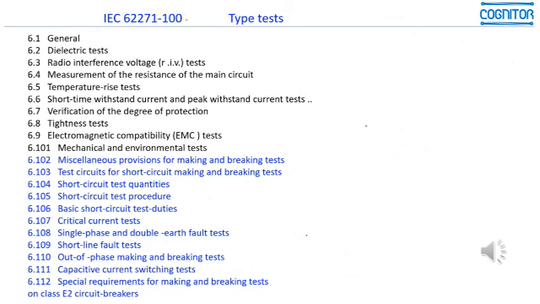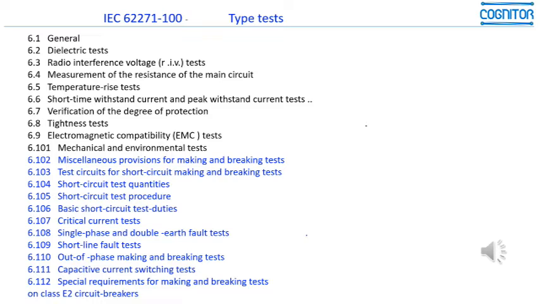And here you may see the complete list of type tests specified in IEC 62271-100 for high voltage circuit breakers, and there are many tests.